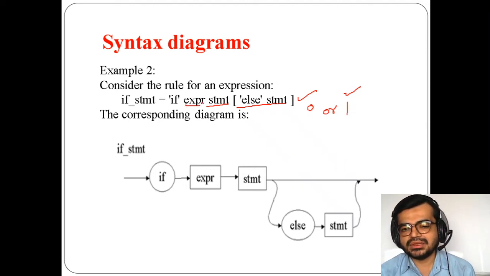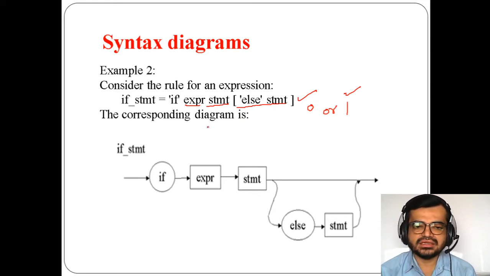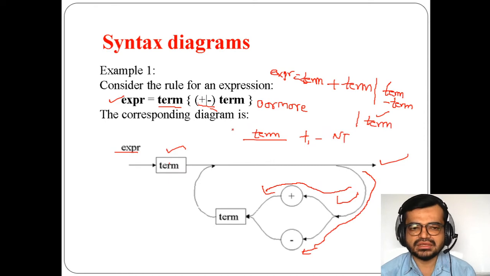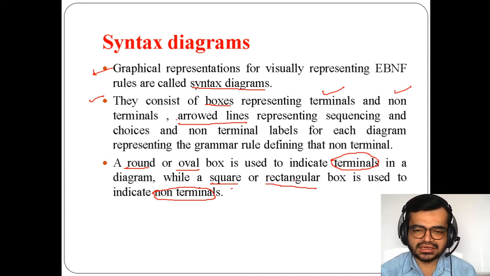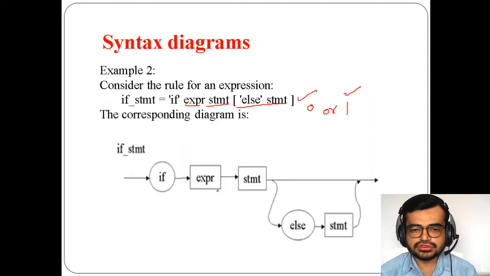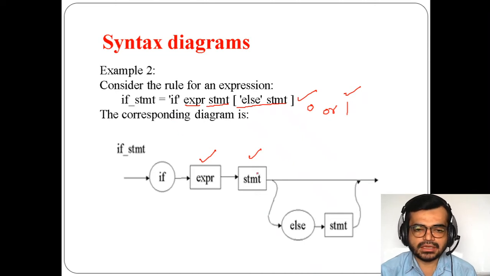Now, if you observe the statement here, what we have said is that the square or rectangular box is actually a non-terminal. This expression, or this statement, if I take expression there won't be any problem, but as you know it is related with a statement.